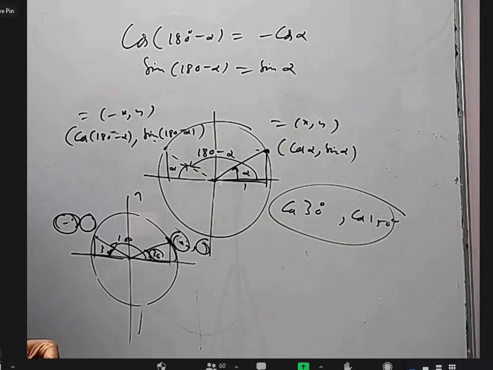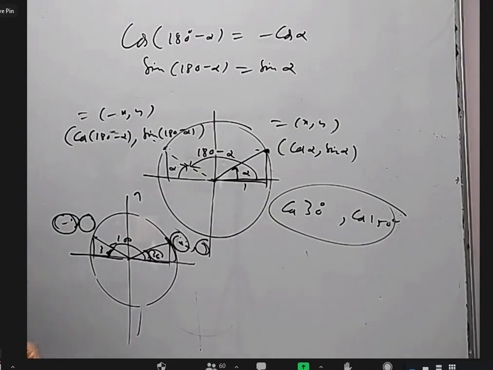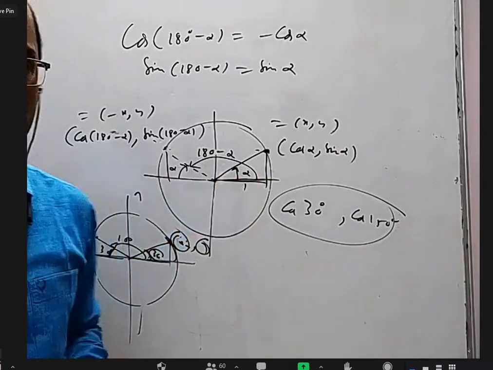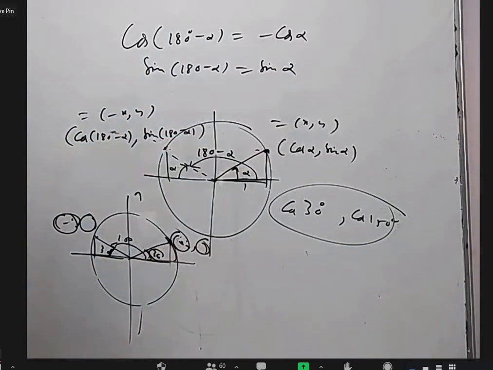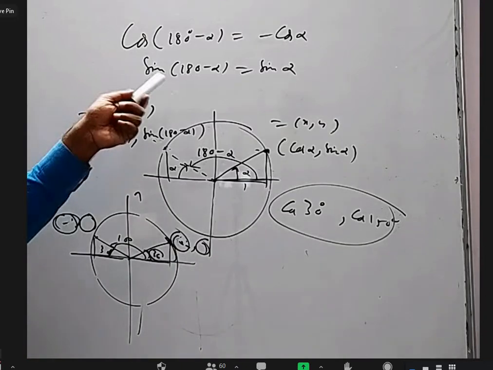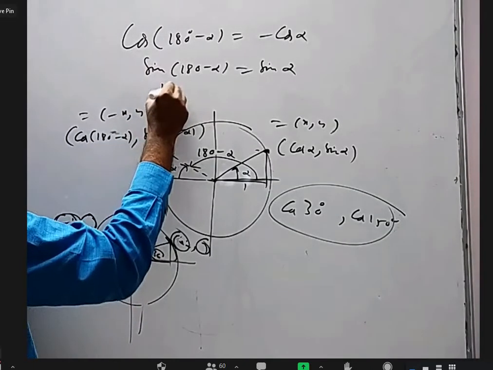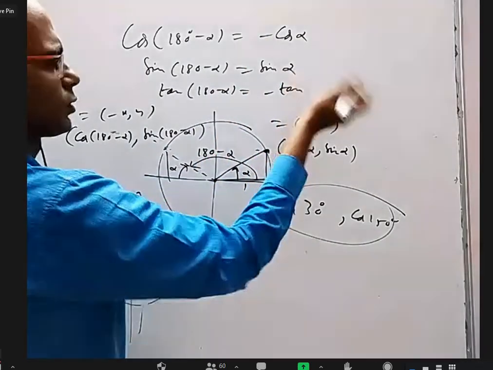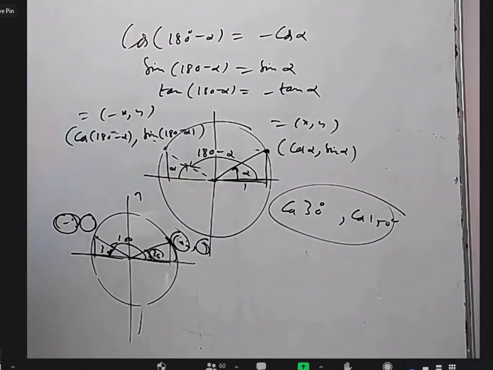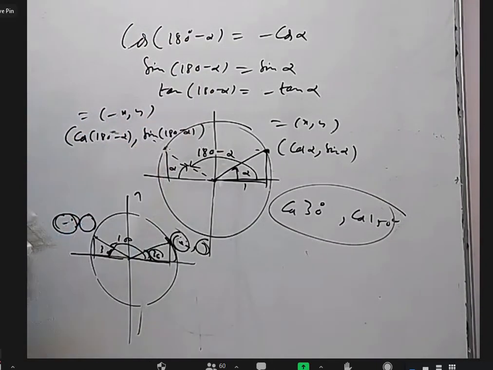So this sign will be opposite on this side, sir? Yes, correct. For example, let's say this is 0.7 units. If cos alpha is 0.7, cos(180 minus alpha) will be minus 0.7. Is it okay? This is the reason also for tan alpha being negative in 180 minus alpha. We'll discuss that also. But anyway, you divide them, you will get tan. This by this, tan(180 minus alpha), equals minus tan alpha. Yes, correct. That is just by division. So these are the three formulas, and this figure is the proof. That's all. Nothing to write.